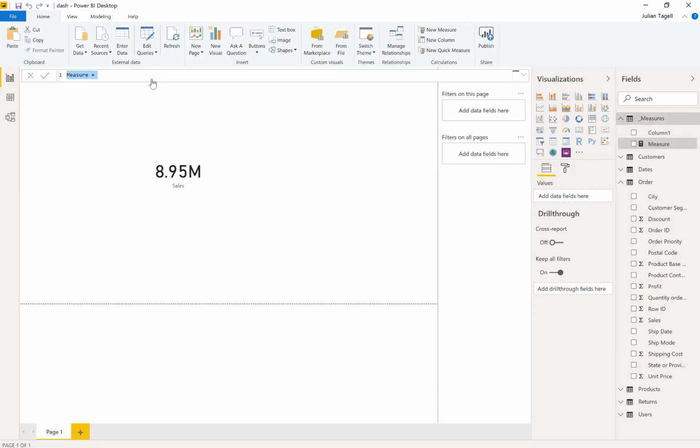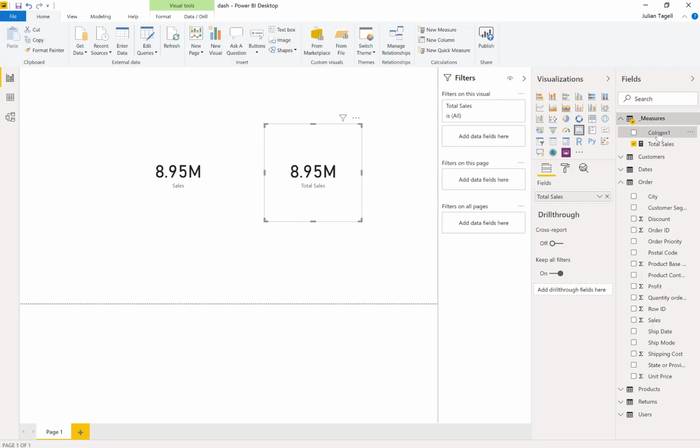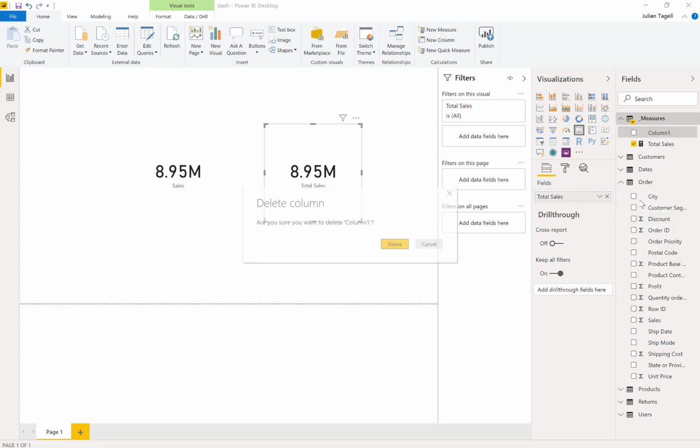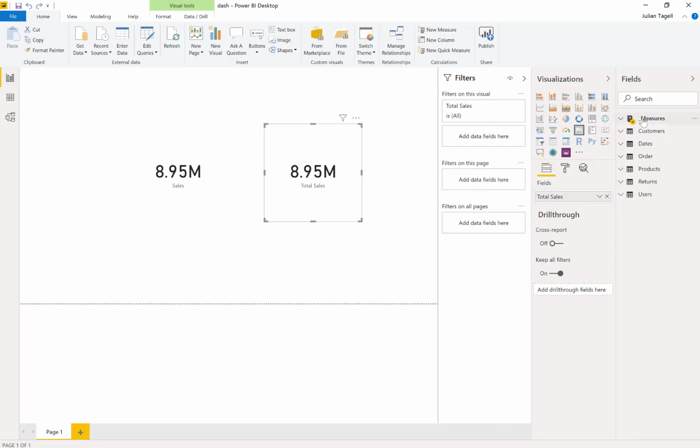Going to make a new measure, which is going to be the same. So it's an explicit measure of the total sales rather than the way we did it before, which was dragging it in and using the default aggregation method of sum. So this is going to look the same. Yep. Then we don't need that column 1 anymore. We can just go ahead and delete that. And then when we hide and close the fields view, notice how it changes from a table to a measures